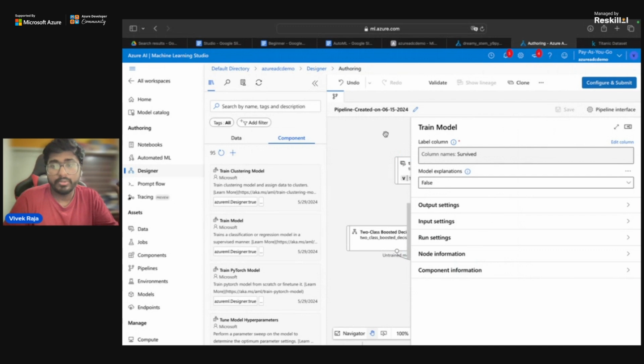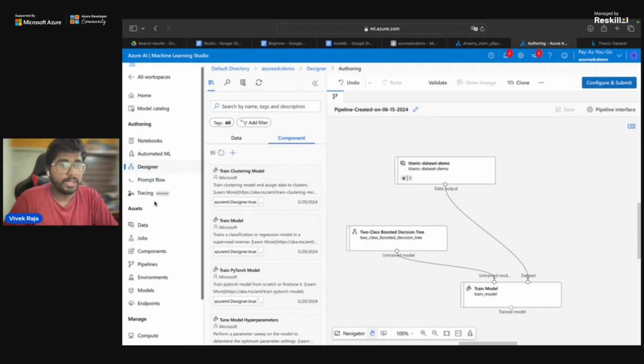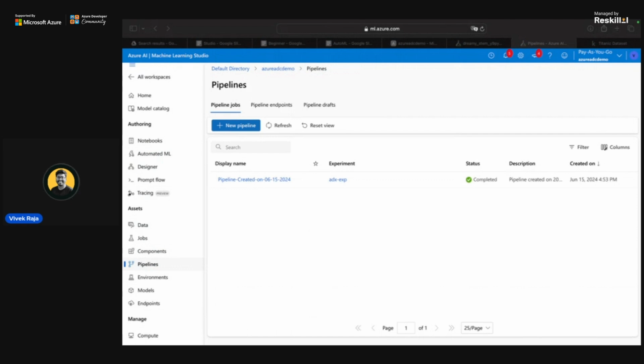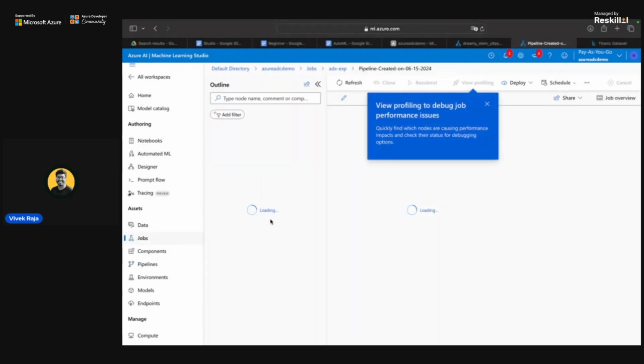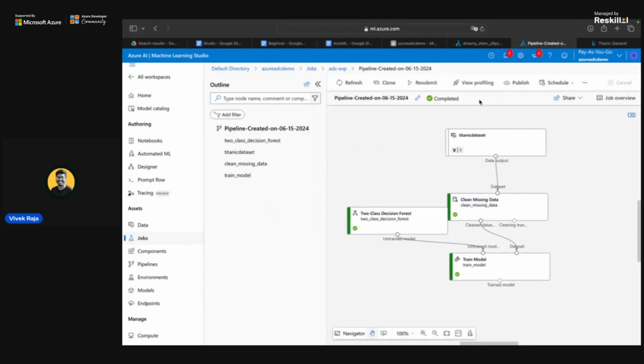And if I click configure and submit, that's where the model training will start. This pipeline will start executing. I'm going to show you one which I already trained, to see what really happened. So let me go to the pipelines. I've already trained and run a machine learning model in this one. So the model is pretty much trained, and you could go ahead and see the values, which tell you how well it did.